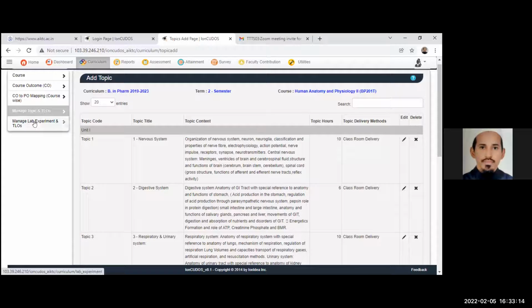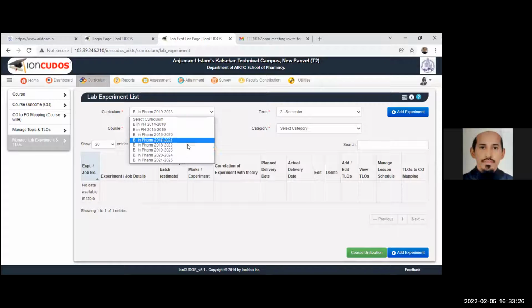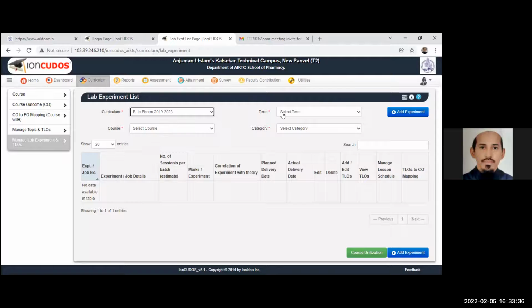Then for practical, you can go to the last tab, that is manage lab experiment and TLO. Here you can select course. As I am not teaching in 1923 this semester, actually I am not allocated practical here.